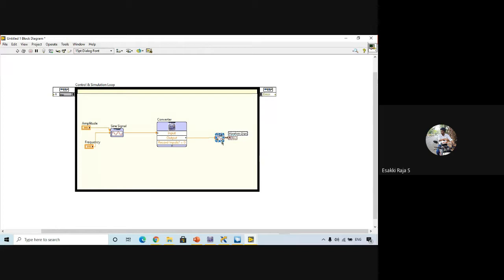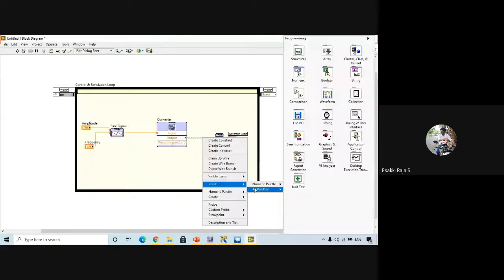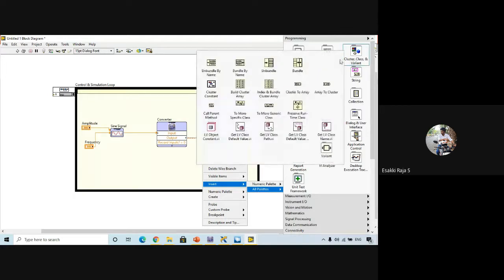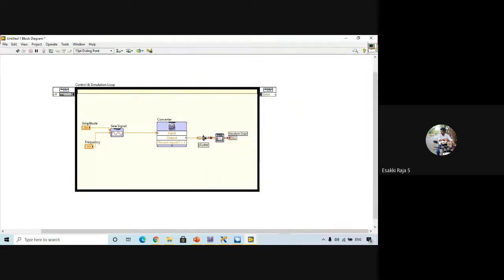If you want to visualize the input data also, we can insert one more block. Just a minute, it's loading. From the palette, I can simply take a bundle function, and here I can connect my sine waveform.